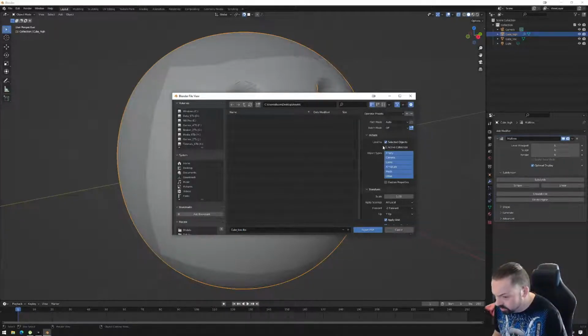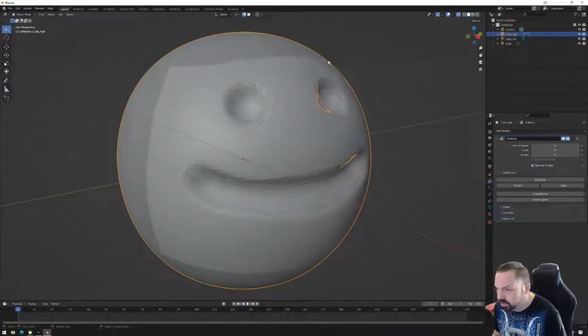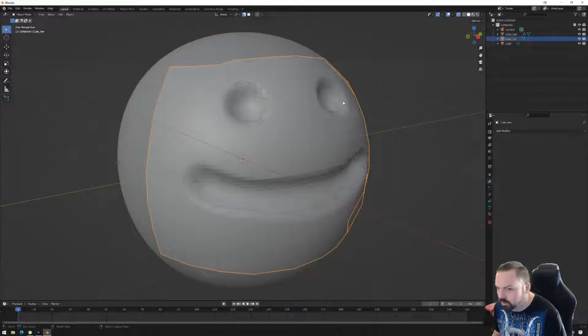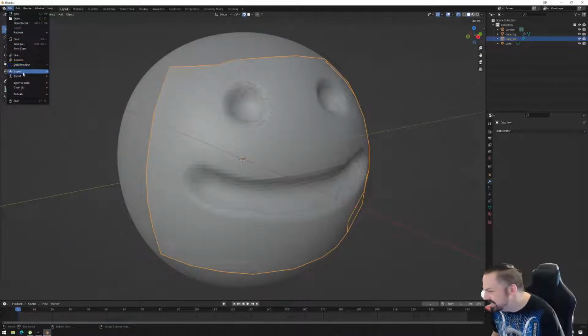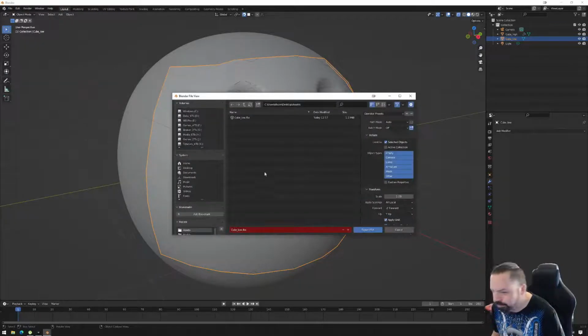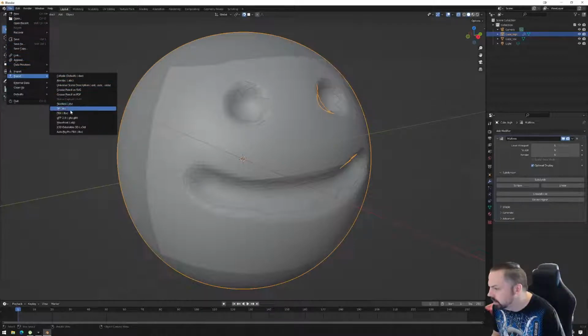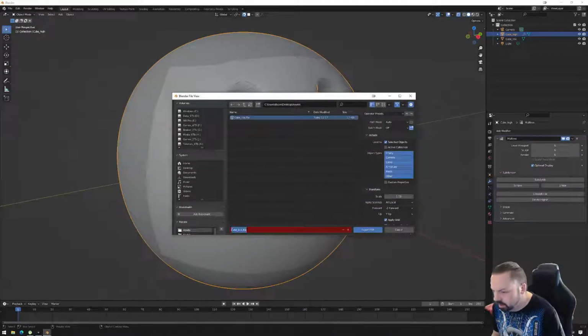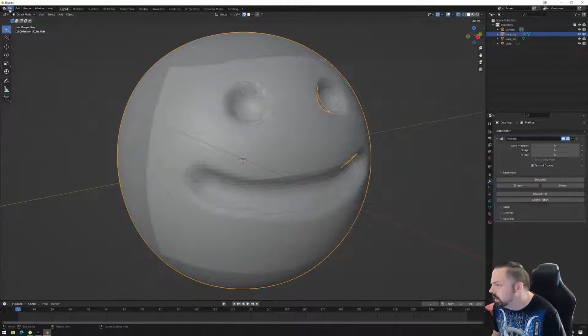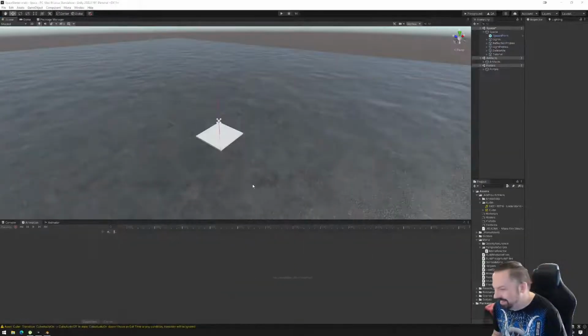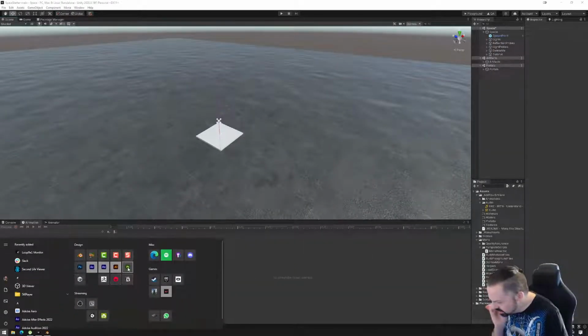Selected object, make sure that is on. It is not set on by default. Export. Oh, hang on. Let's try that again, just to make sure. Cube low, selected objects, export. Cube hi, selected objects, export. I don't think we need to save this file. All right, let's go into